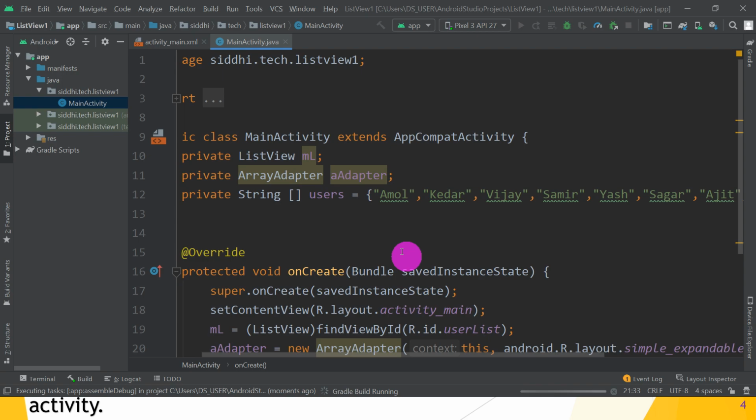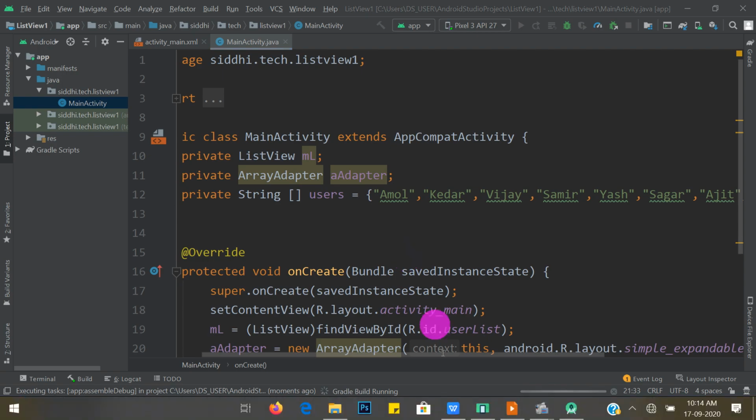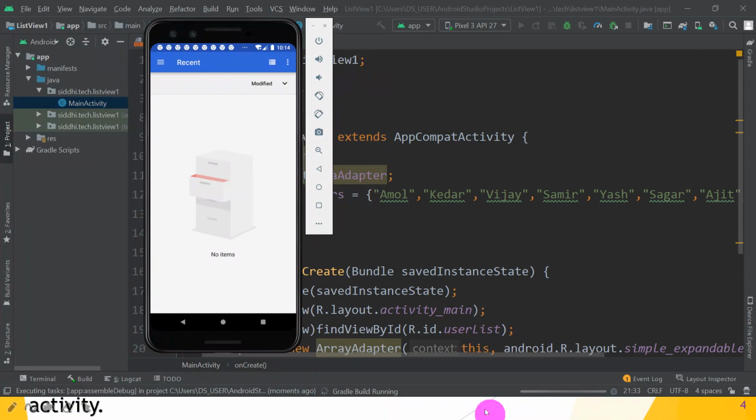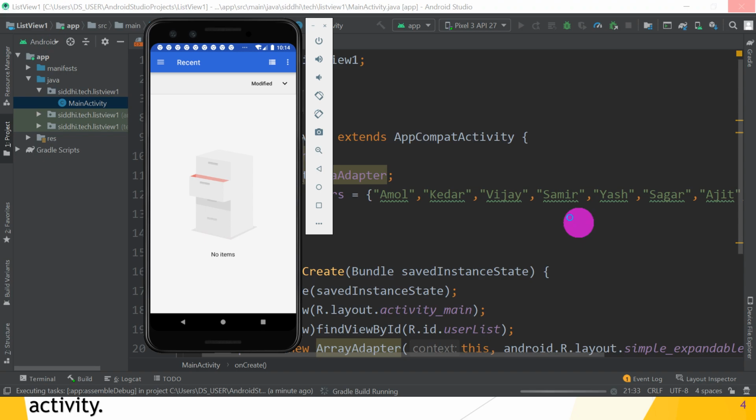So open your emulator and wait for the app to install. What is the app name? The app name is ListView 1 and it is associated with a number of strings as an array. Great.